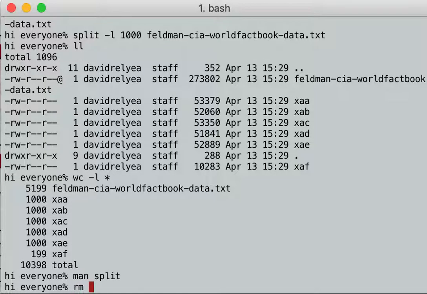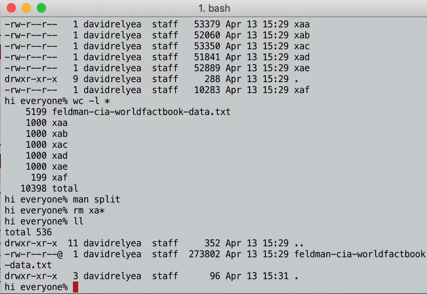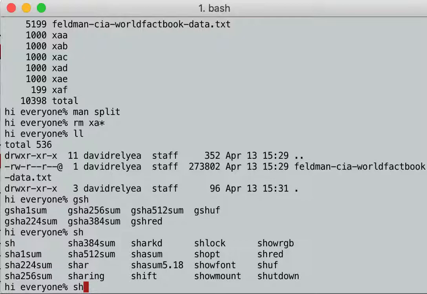So I'm going to remove the X files right now. Okay, and now what do I have left? I have Feldman. Okay, if I shuff, and in fact, I think I have to G-shuff. By the way, tab completion doesn't just work on files, it works on your commands as well. So if I'm trying to shuffle, here's all the commands I have, and I have a shuff command. Great, okay, so I'm going to shuff Feldman, pipe it into